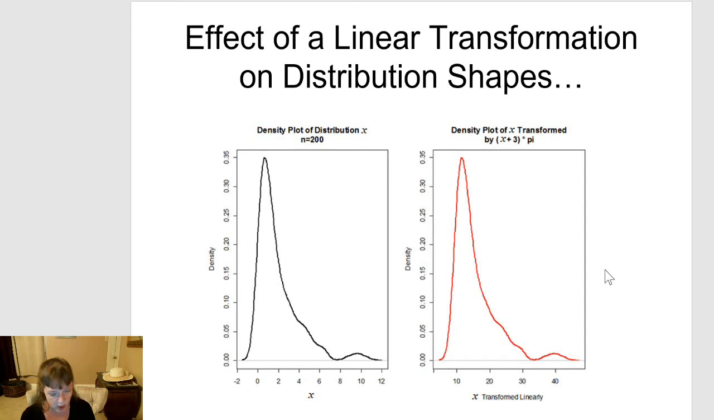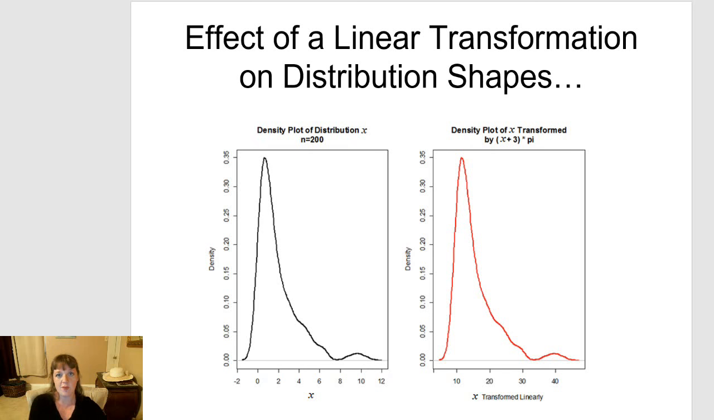Or how about this one? I've taken everyone's score and I've added 3. So I've moved everyone's score up the number line by 3. But then I've multiplied everyone's score by pi, 3.1416. And so anyone who used to have a 3 now has a 9 something. And everyone who used to have a 6 times 3 something is going to be